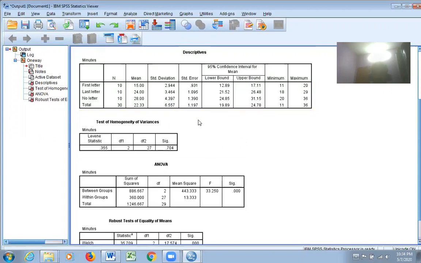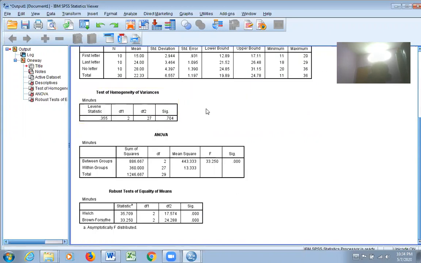And the main important thing is the test of homogeneity of variance. So you have to see whether this data, which we have taken for analysis, fulfills this particular condition or not. What is the condition? The groups should have equal variance with respect to the dependent variable. How to check it? You just see the sig value. If the sig value is more than 0.05, it means that homogeneity of variance can be assumed, and you can go and check the result of the ANOVA test.